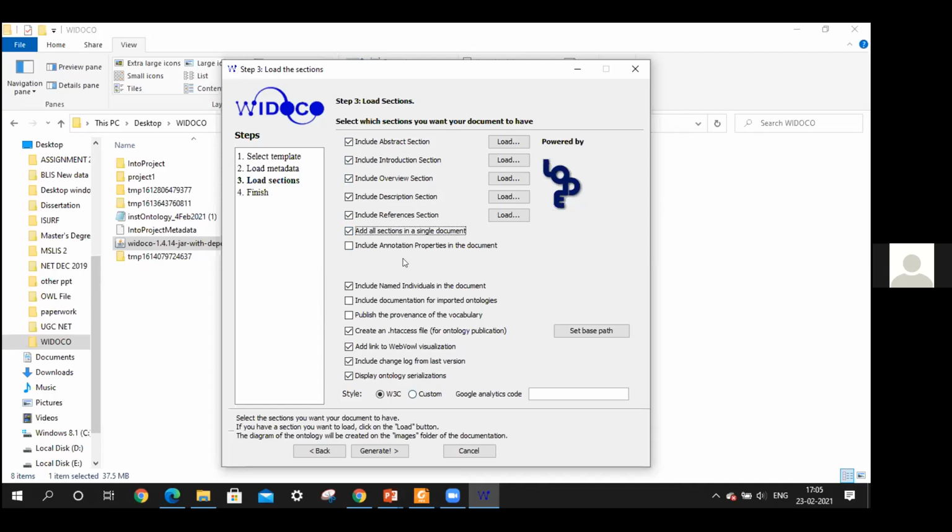Devanjali, in your metadata on the previous screen, the abstract was auto-loaded, because in your ontology annotation page you had an abstract, some kind of description like RDFS comment. If that field had the value, then of course it will come, otherwise it wouldn't. Now the other sections like introduction, overview, description, references are probably not there anywhere so far.